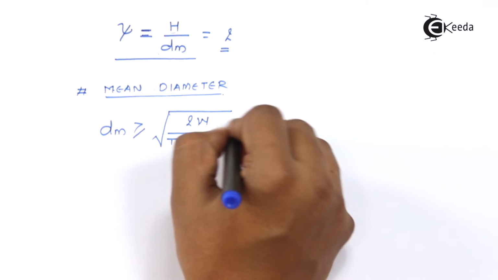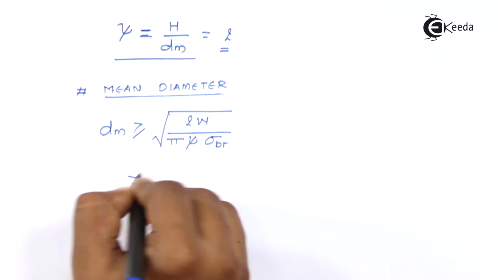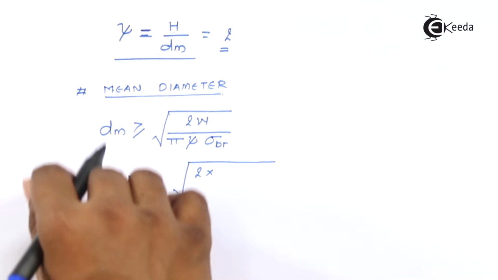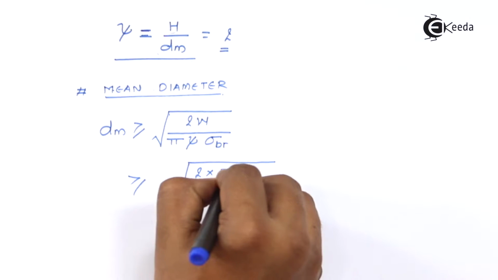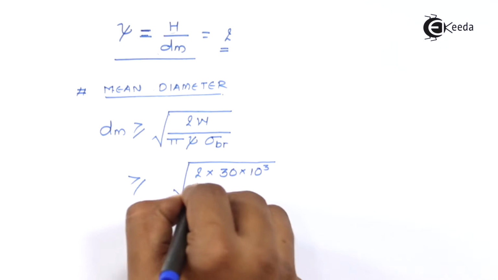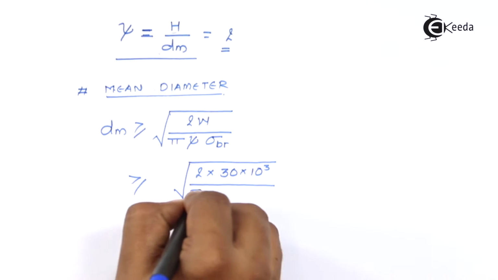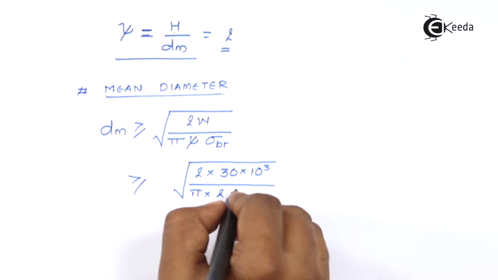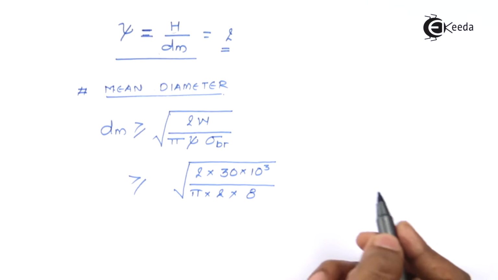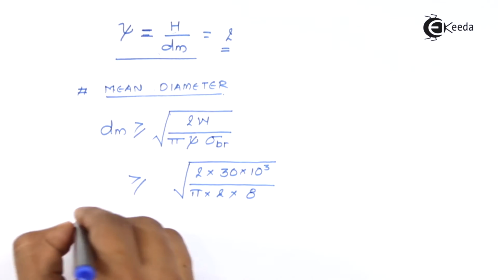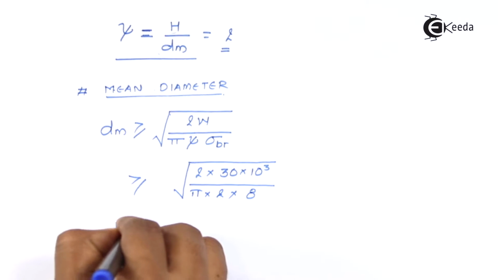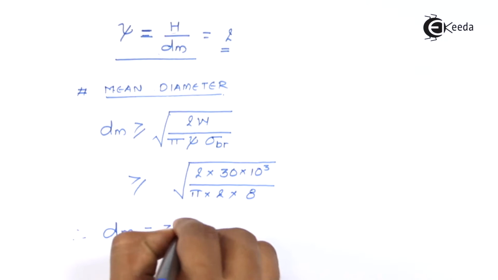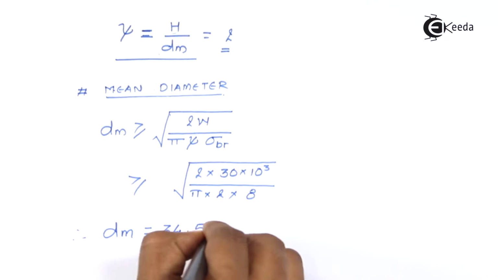So if we substitute the values that we have, the load is 30 kilonewton, pi, the standard value of psi, and sigma br, which we have considered as 8 newton per mm square. If we calculate this back, we'll get the value of dm equals to, the calculation can be done separately, so the value comes out to be